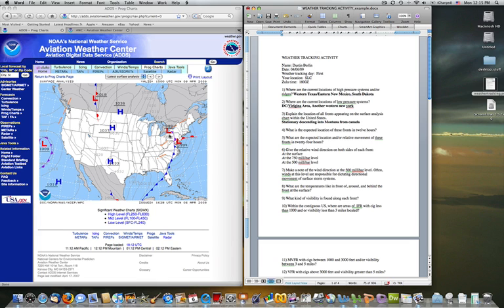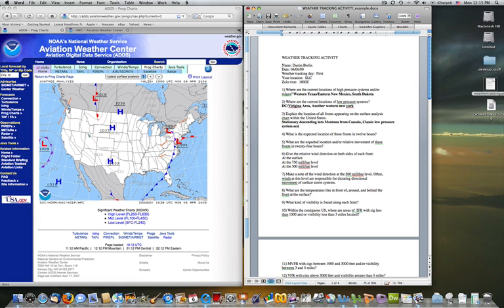Okay, we'll address this next one. This is a classic front here. Okay, we've got the comma shape, low pressure. We've got an occluded front on one side, the warm front on the other, and the cold front. So I'm just going to put this classic low pressure system accompanied